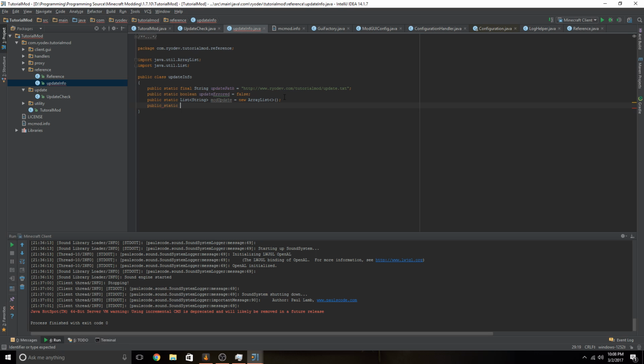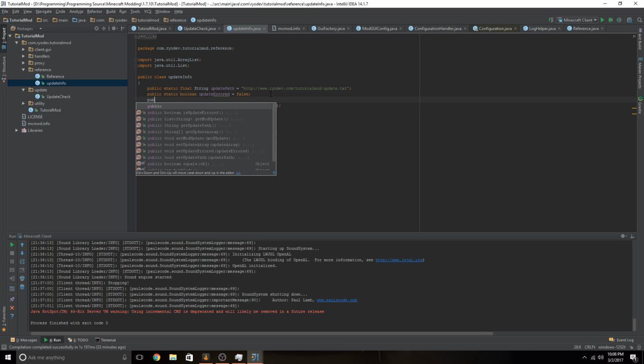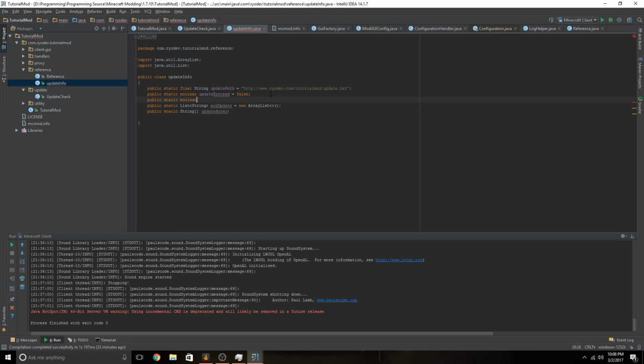Public static string, and we need an array, so open square, close square brackets, and we're going to call this update array. Okay, there's the update array. And then we also need to have a boolean for update successful. Probably spelled that entirely wrong, but equals false at the moment. If everything checks out and it comes back good, it will be, or I'm sorry, update is